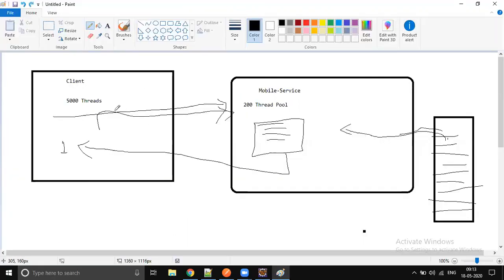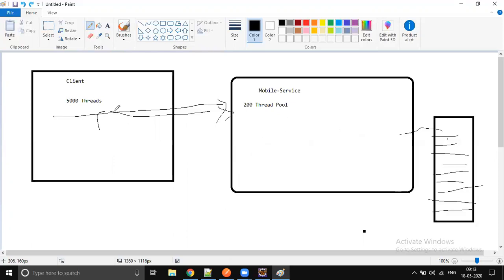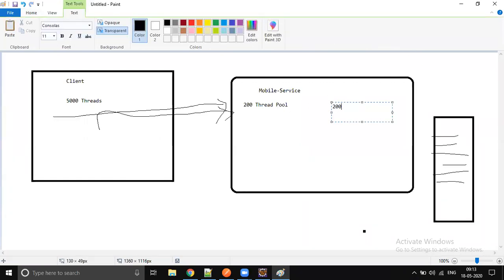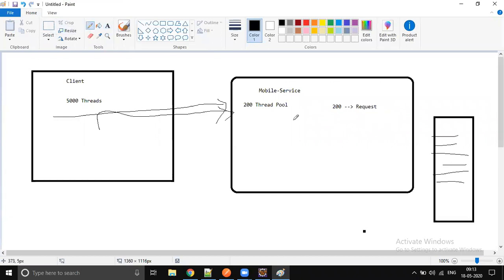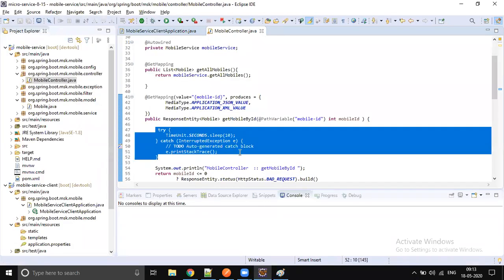So first we send the 5,000 threads, and all these 5,000 requests are stored in a queue. It will take the first batch of 200 threads, because the maximum thread pool size is 200. It will take 200 requests from this request pool and try to process them, but as part of response processing, we make each thread sleep for 10 seconds.